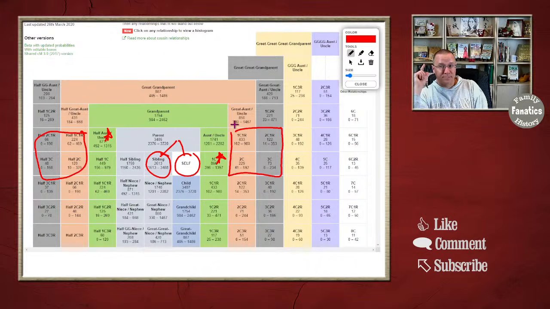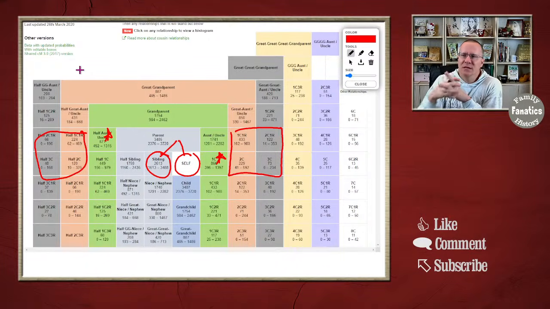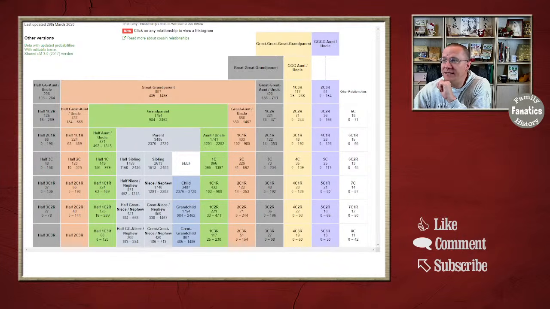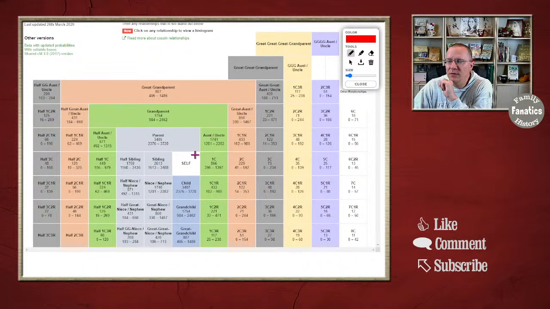Because this is where now we need to go and take a look at this shift that happens. Okay? These relationships on this chart are all in relation to yourself. So let's clear this out, and let's now move. I'm just going to call it the aunt for right now, even though it might be a first cousin. Well, if this is an aunt,